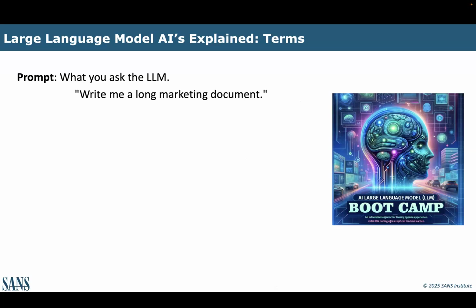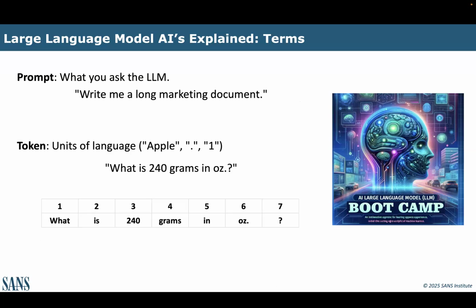Prompt, we're all probably pretty solid on what is a prompt. That is the instruction that we're giving the artificial intelligence. Not really an instruction, we'll get there in a second, but that's what it is. And then we talk about tokens, and I'm going to lie to you a minute here, but trust me, it doesn't matter that I'm going to lie. Tokens are essentially words to the AI.